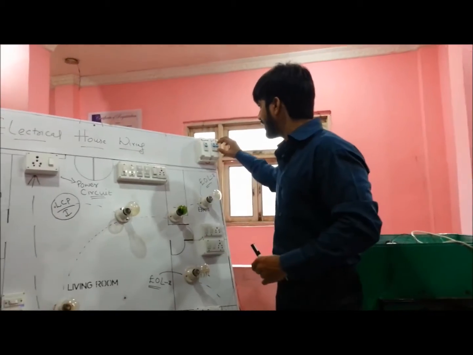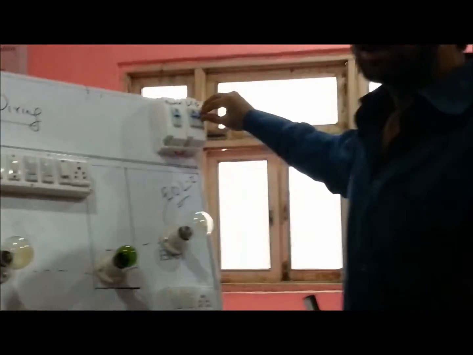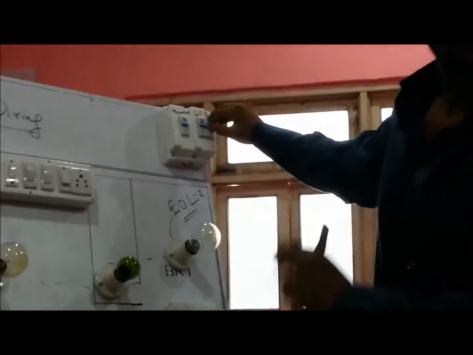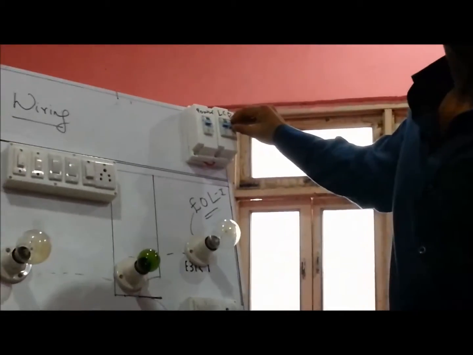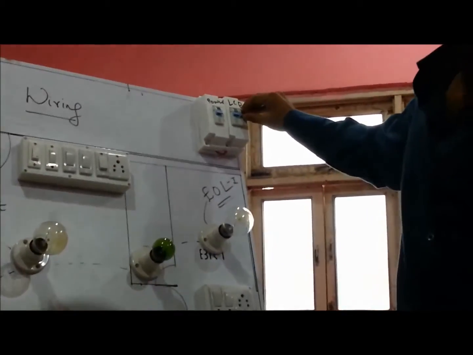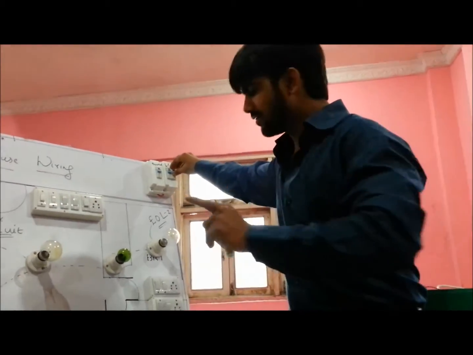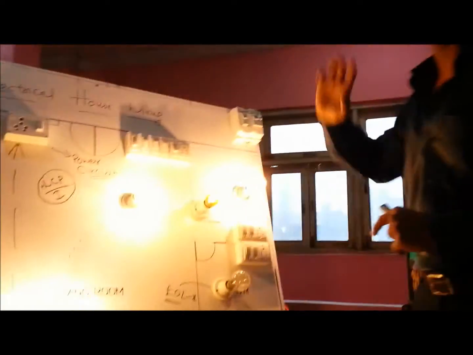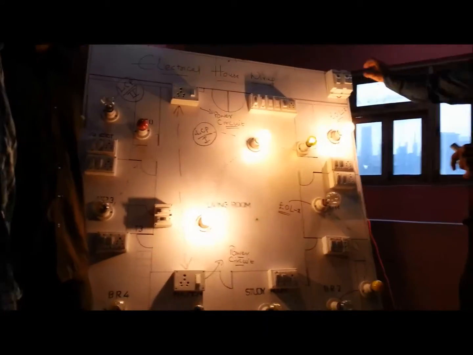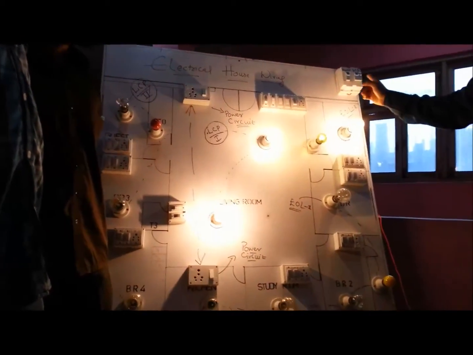As of now, I am going to open the first MCB. It is in off state right now. Let's see that particular MCB output. Is it working well or not? Let's see the circuitry. For LCP1, I am sitting on the LCP1. You can see here, I have just turned on LCP1, the first lighting circuit.